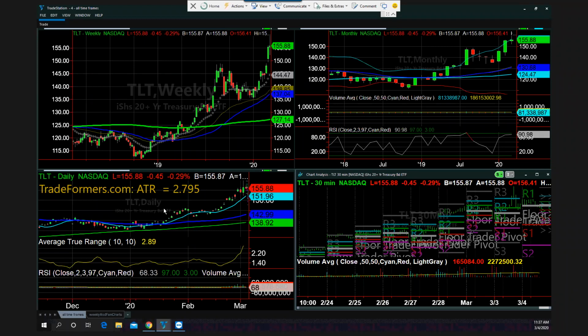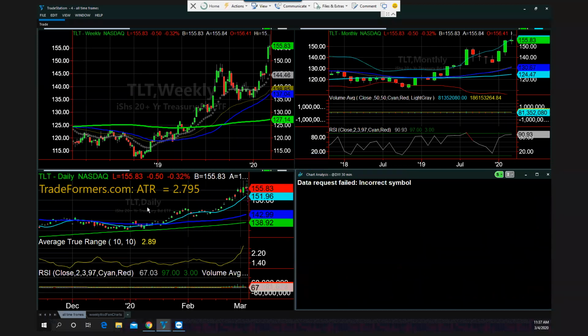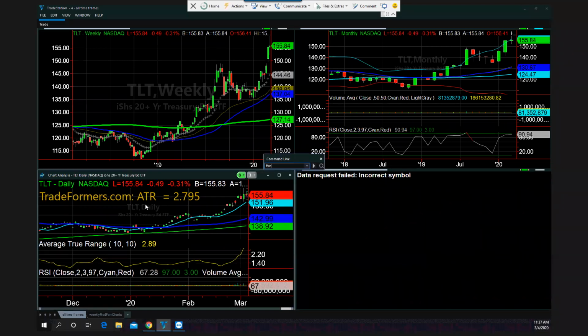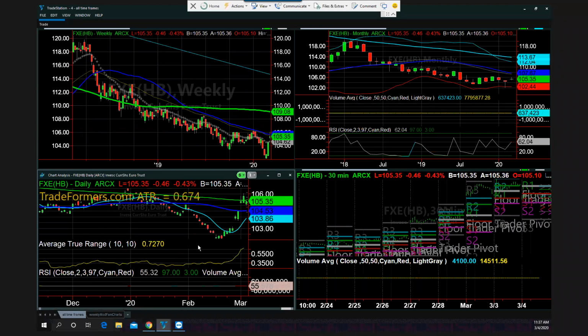But more importantly, what the interest rates are telling you right here, obviously, is that the central banks, which have actually lower rates than we have, are trying very hard to keep monetary policy easy, which is making it very, very good for corporations to buy back their own stocks, but also potentially wreaking havoc on what could happen later on, which would be more sparking inflation, particularly if we look at the DXY here. Okay, I'm not going to be able to get that. Let's look at the euro instead. It's the mirror image of the dollar, especially since, as this was declining, the dollar was getting really strong.